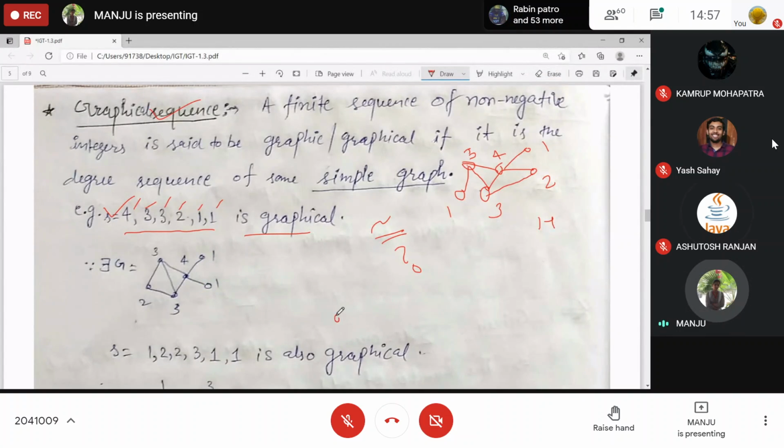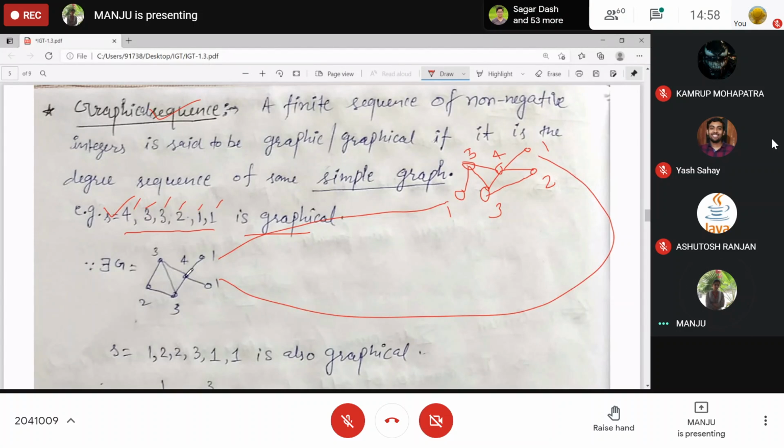See, the degree will be the same. Whatever the degree of u is, and it maps to f of u, the degree should be the same. Okay, this map preserves everything. Yes, ma'am. So there is no adjacency condition, na? If one is mapped to 1, this one is mapped to this one, 4 is mapped to 4, that's okay. But what about this 4? This should be adjacent to 1 edge, but here no edge is present, right?